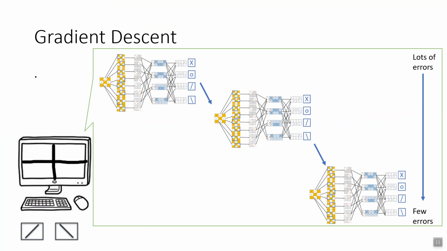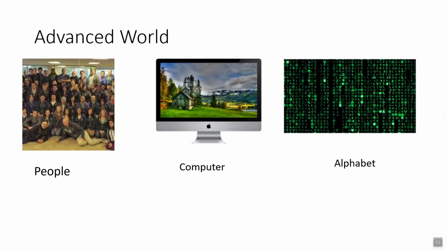Okay, now let us see an example, an advanced problem. In an advanced problem, what happens when the computer has tons of pixels, huge resolutions and a lot of colors, and also many letters, and not just letters but many images, that we want to classify? How do we do this well?